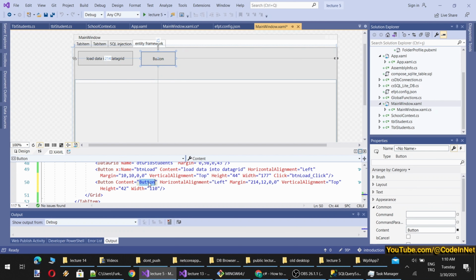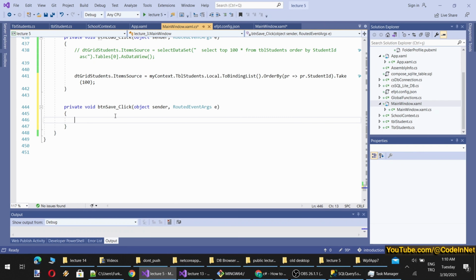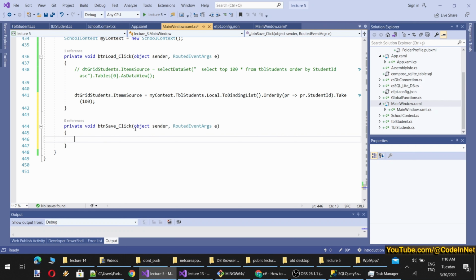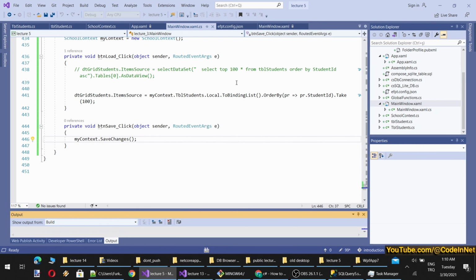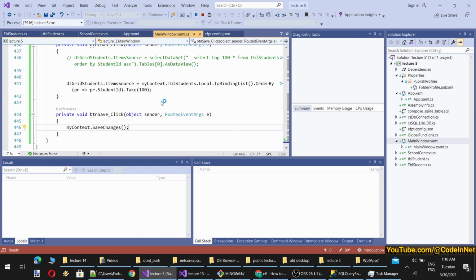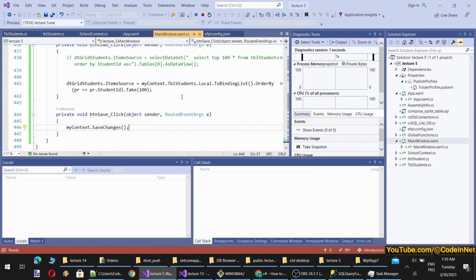We can achieve this with traditional ways. You can try at home to achieve it the traditional way. However, it is much easier with Entity Framework object binding. And what we are going to do is simply context save changes. Yeah, that's it, right. Basically, you are writing LINQ queries to retrieve data, update data, add, remove data. I will show you other examples as well.